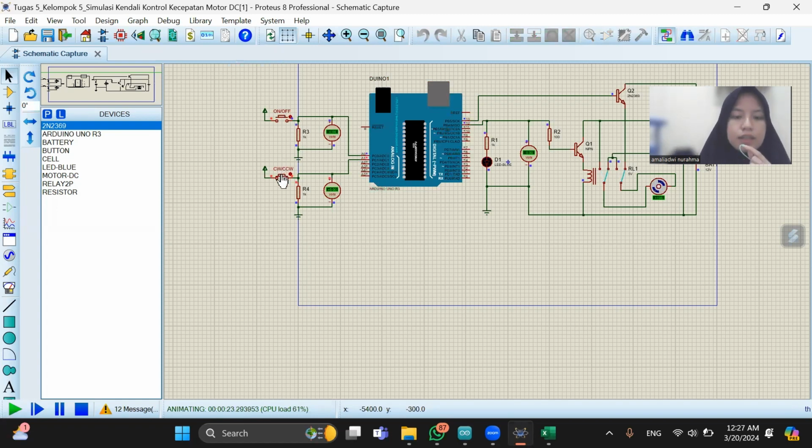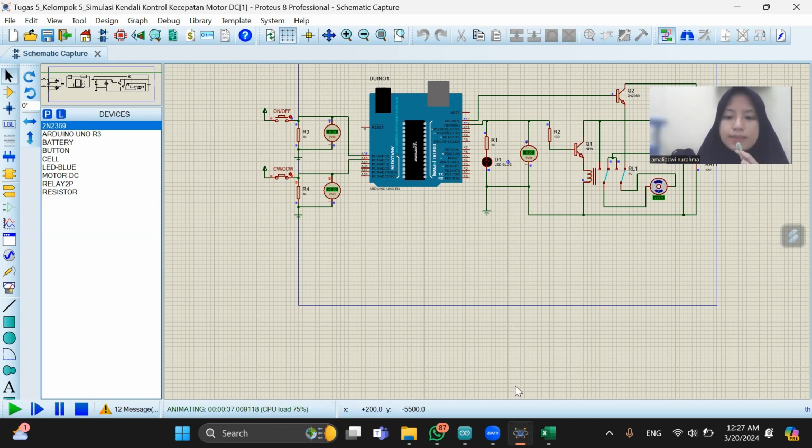And if we don't press push button 2, the circuit doesn't function because there is no change in direction and voltage coming into the Arduino.